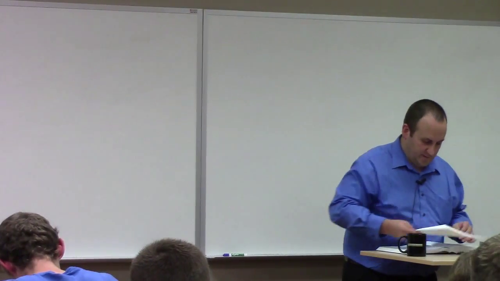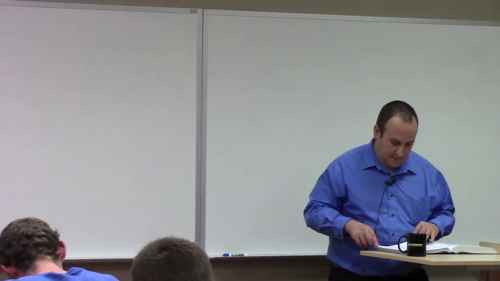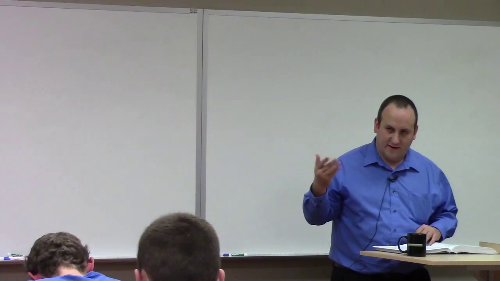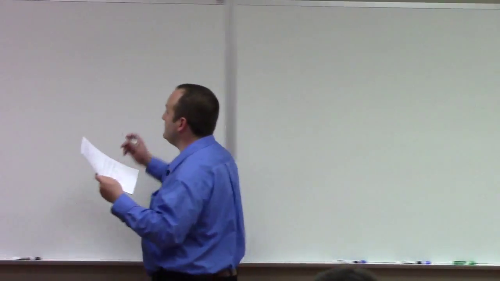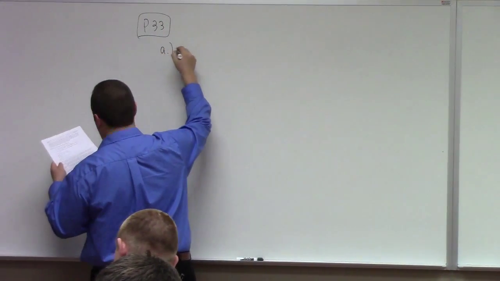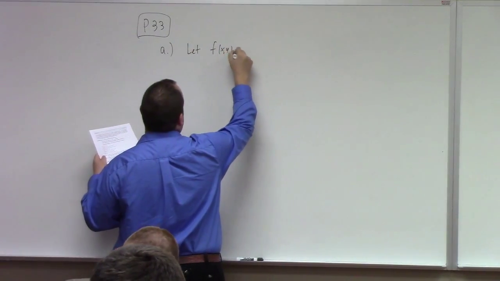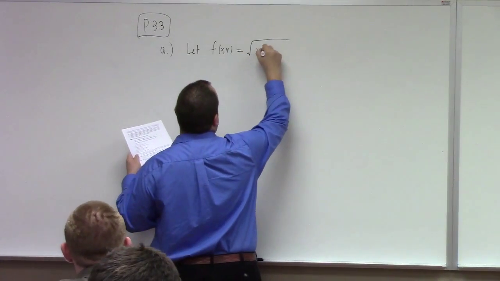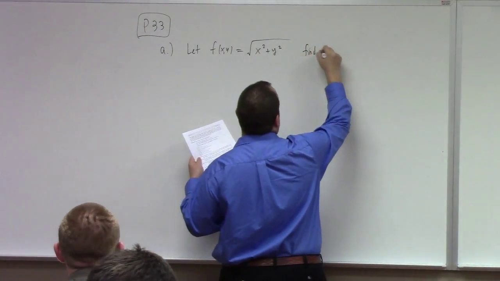Before I take any questions, let me make a few comments. First of all, there's a little bit of a formatting problem with problem 33. Basically, there are two questions there, part A and part B. Problem 33, part A would be to let f of x, y equal the square root of x squared plus y squared, and then find the domain of f